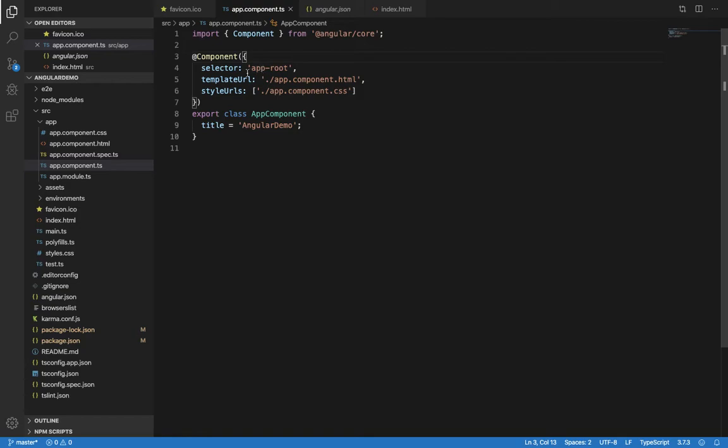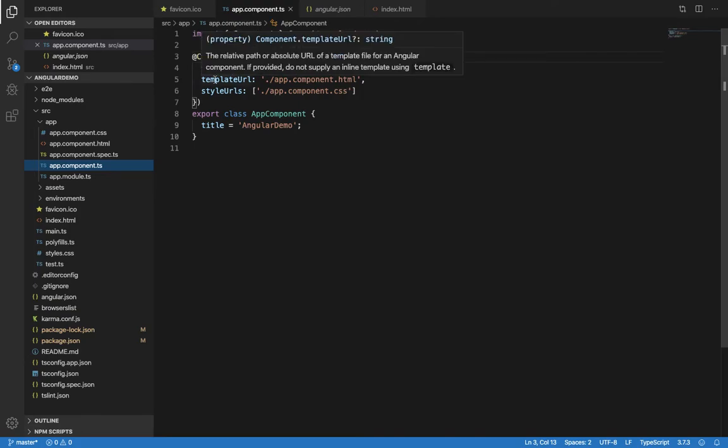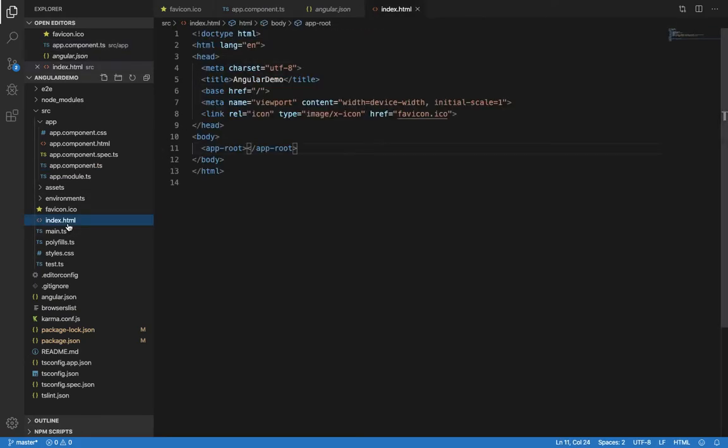Basically, wherever it finds this app-root directive, there it is going to insert the template that is written in this component file. For example, in index.html, I am using this app-root directive.